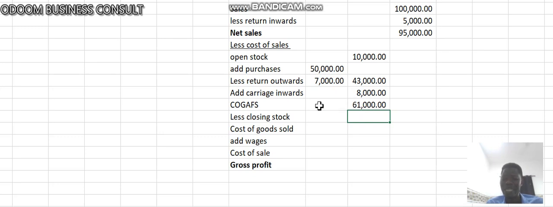Because this 61,000 is cost of goods available for sales. It doesn't mean cost of goods sold, right? They were the cost of goods that were available for us to sell, but were we able to sell all of them? If we were able to sell all of them, then we are good to go. But in some instances, you may not be able to sell all of them. So assuming we couldn't sell